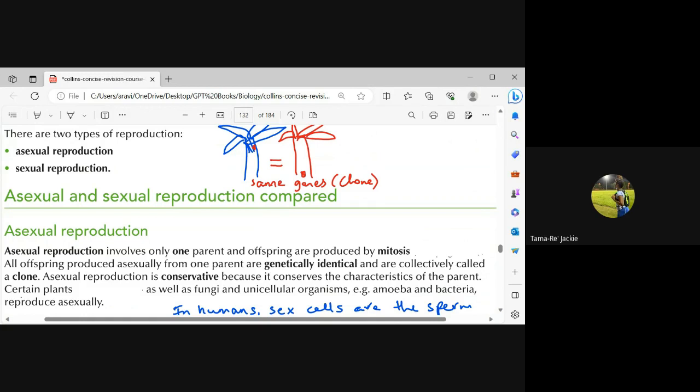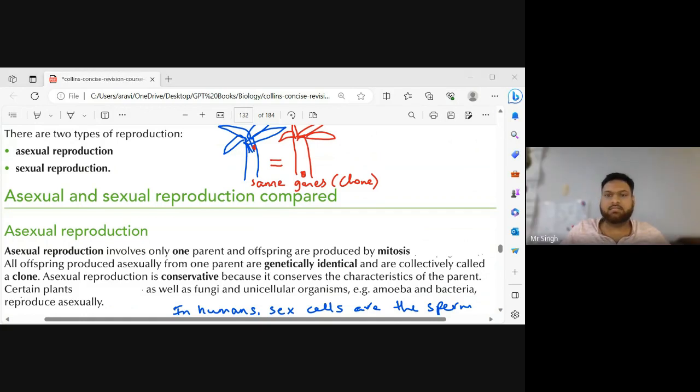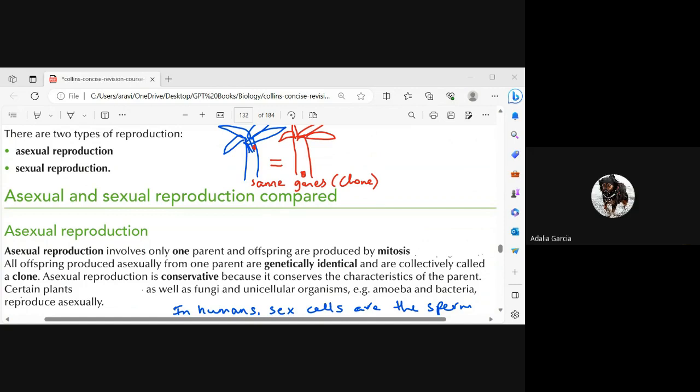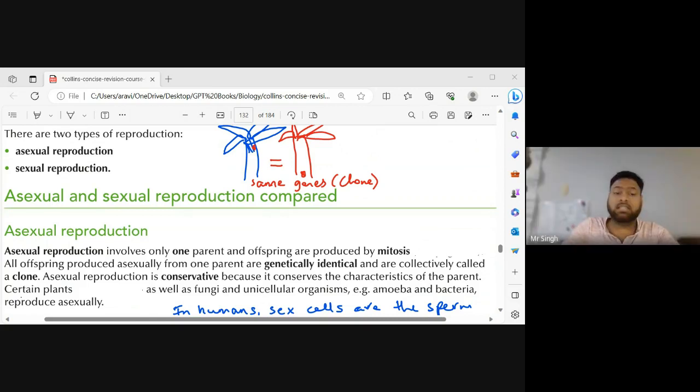Yeast. Very good. Yeast. Anything else? Snails? Snails is a good one. Snails sometimes, yeah, many times reproduce asexually, and that is actually one of the big reasons that the giant African snail is such a problem, because it doesn't really need, many times, a sexual partner to reproduce, right? They have the eggs that could just be released.